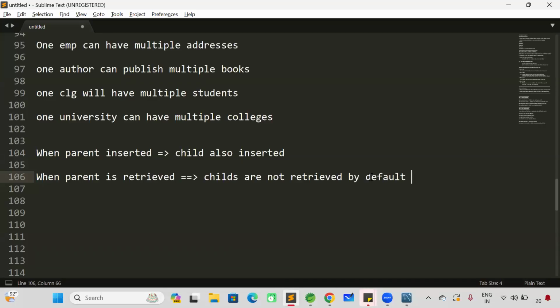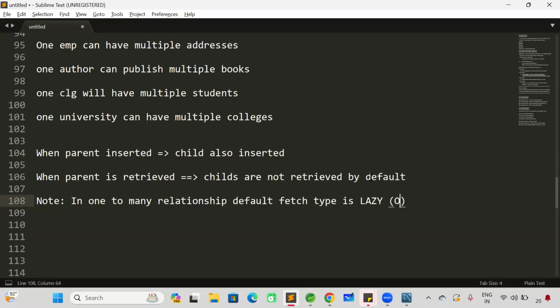So in a one-to-many relationship, the default fetch type is lazy. Only the parent will come. When I'm retrieving the parent, if I want the childs also,